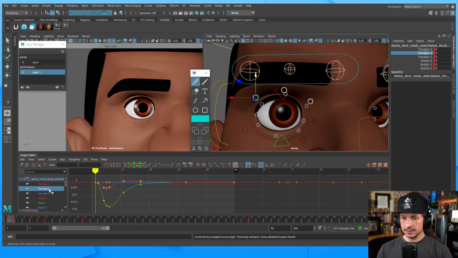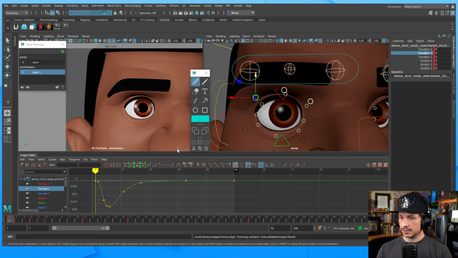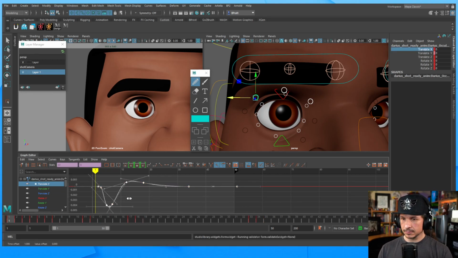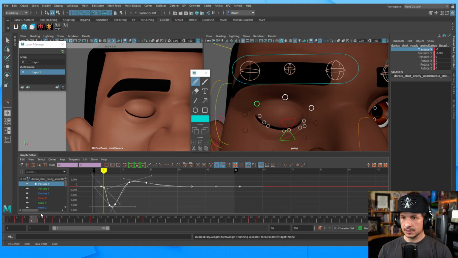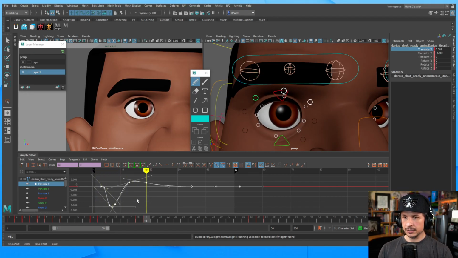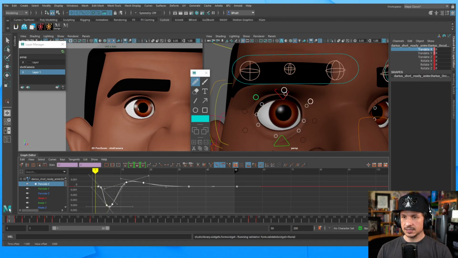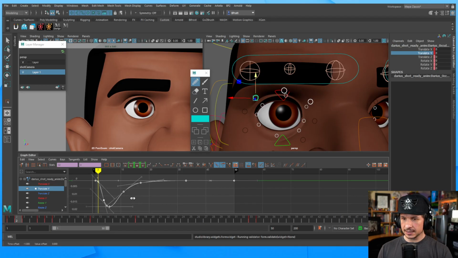So I can, for example, let's take my translate Y, offset that maybe 2 frames, or 1 frame for the translate Y, and then let's do 2 for the translate X. Just see how that feels. There you go. Maybe a little too much there. Now it's starting to get that nice connected feeling in there. Now it's a little too disconnected, especially the translate Y. So I'm going to bring that back